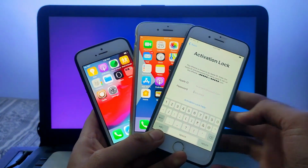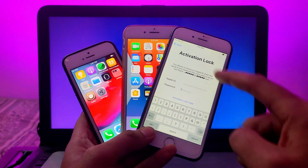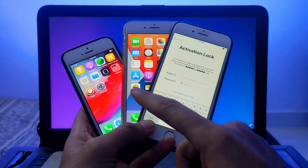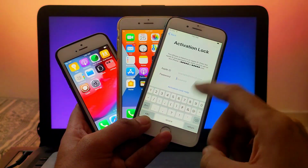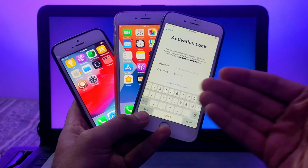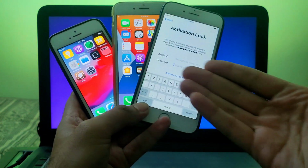So in today's video I will show you how you can safely erase or reset your already iCloud bypassed device without changing the iOS version. If you have already bypassed your device with any tool in the market, like the free versions such as FRP or F3RAIN, or the paid versions like Checkmate or iRemove tools, or any other iCloud bypass tool, and you want to test some other tools on your device, but